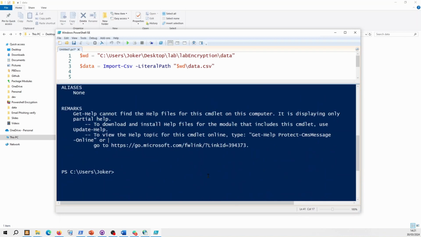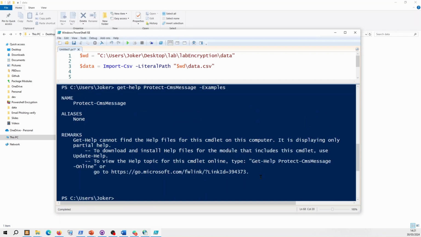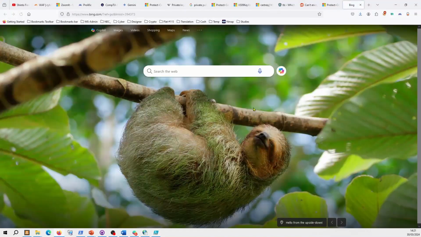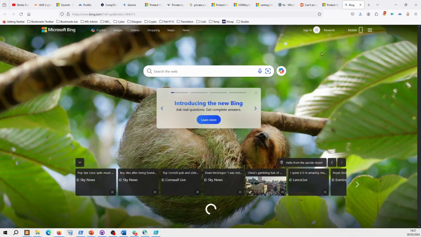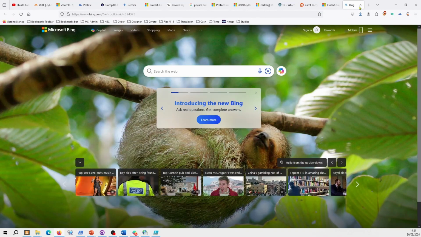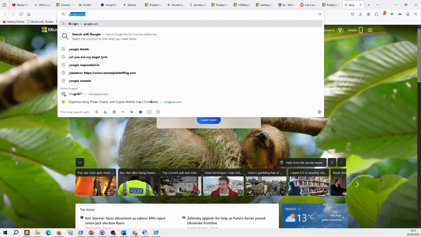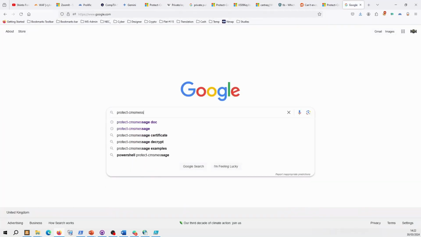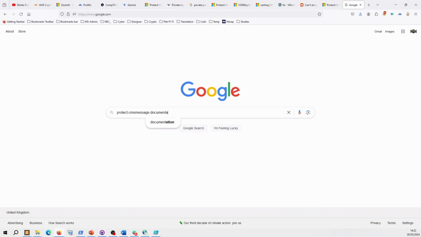Sometimes you can type -Examples. Let's see if this one has examples. I haven't tested yet. This one does not have examples, but you can also type -Online. Normally that will take you to a Microsoft page with information, but for this occasion it does not have one. But if you just go to Google itself and type Protect-CmdMessage documentation,